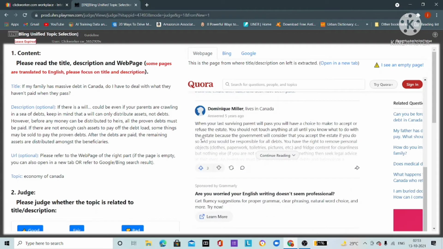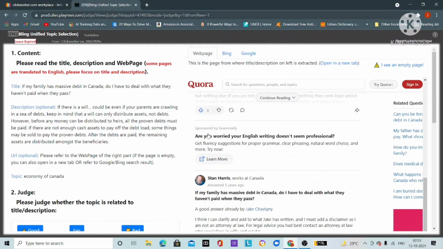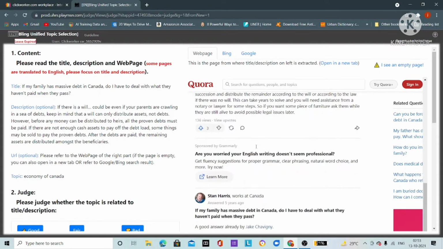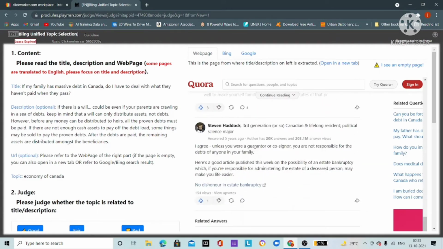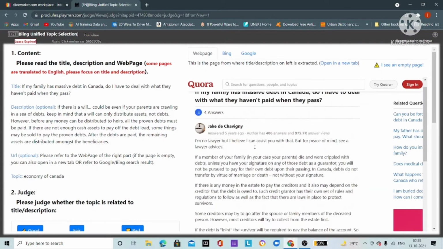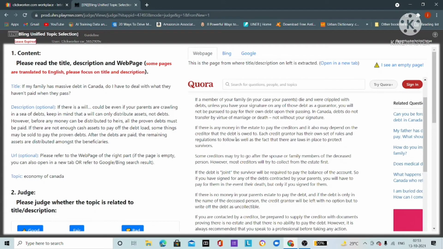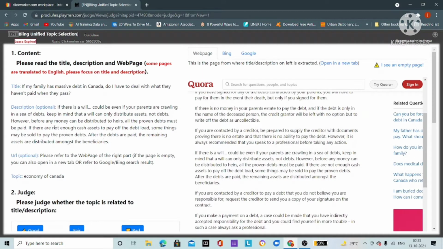So you need to study all of these web pages. Basically, you need to browse. You don't need to research each and every answer. You need to browse and make your judgment. So let's study the description. Description is optional, but you should study it. If there is a will, could be even if your parents are crawling in a sea of debts, etc. So if you study both of this and this web page,